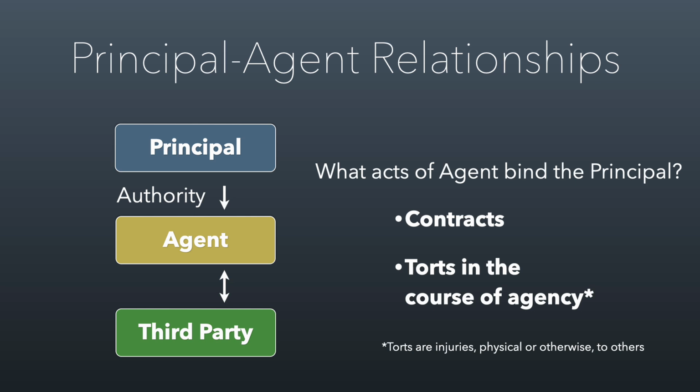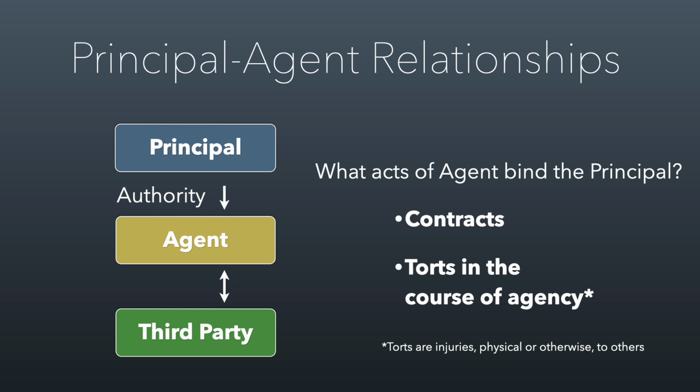Because the contract was entered into on behalf of the principal in a way that was empowered, so that the agent did what the principal asked, which was enter into an agreement about this pizza, the study group is on the hook for the cost of the pizza as well, not just Stanley. So this is an example of where a contract can be binding, even though the agent did it just on behalf of the principal, even if the principal didn't choose that specific contract. This is how the principal-agent relationship works.